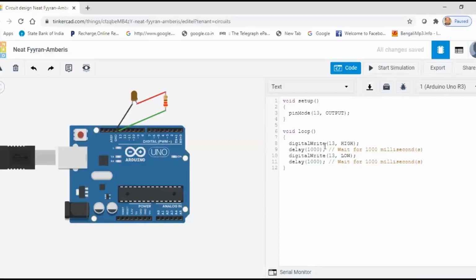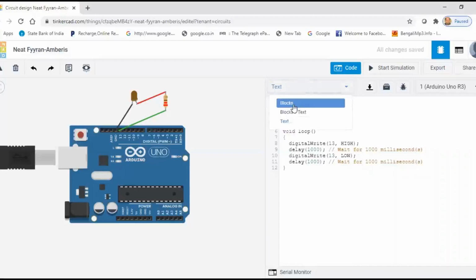Digital write pin 13 is high. Then we insert a delay of 1000 milliseconds, which is equivalent to 1 second. Then digital write pin 13 low, and again a delay of 1000 milliseconds. So this is the loop: high, delay, then low, then again delay.